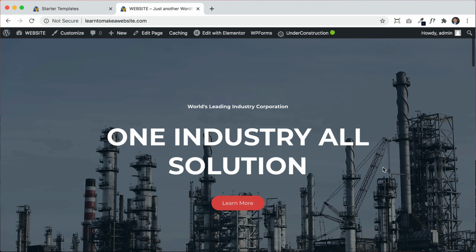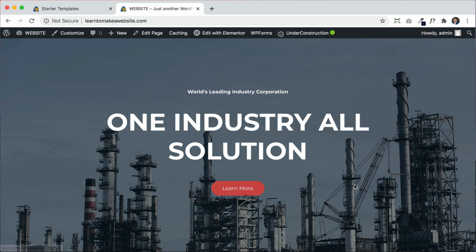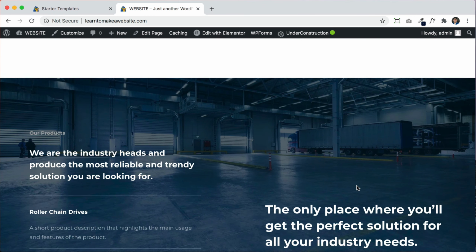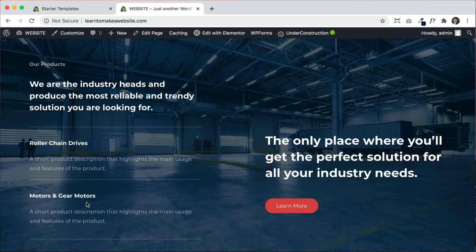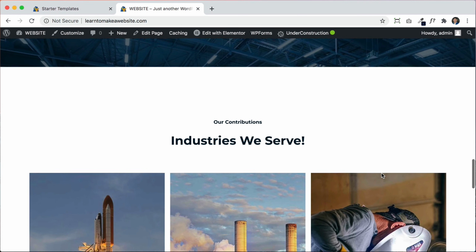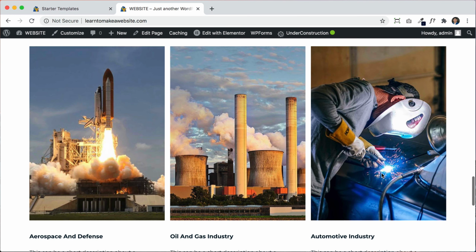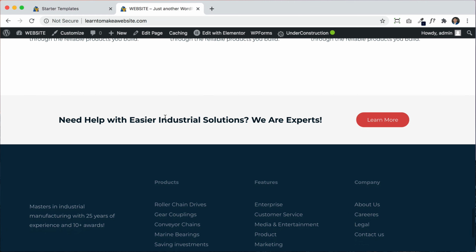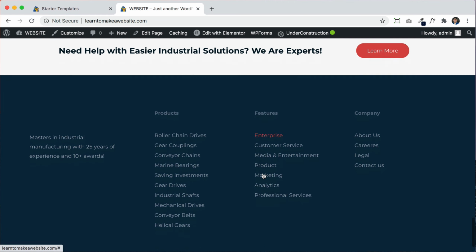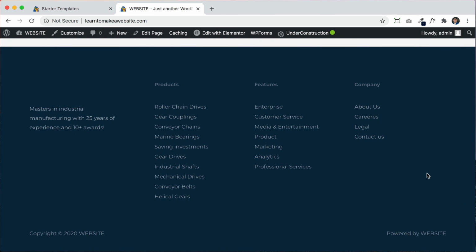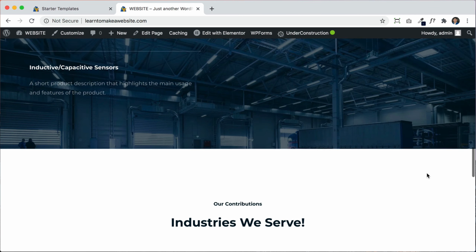So we have this header image and a button that says learn more. We have an about us section. We have this little list section with a title and a button and a nice background image, and I'm going to show you guys how to edit and change all of this. We have some services that we can move around and change as well. We have a call to action here, and we have this footer with some links to different things, and here's the end of the website. And we can scroll all the way back to the top,